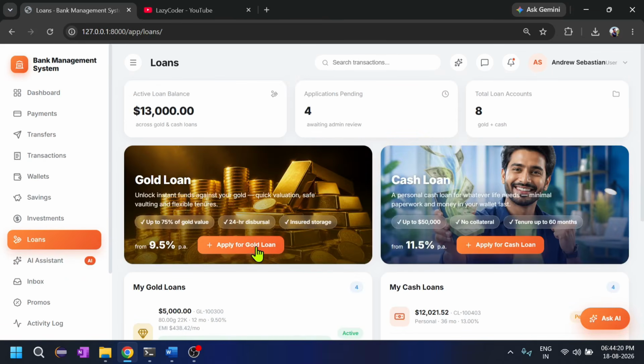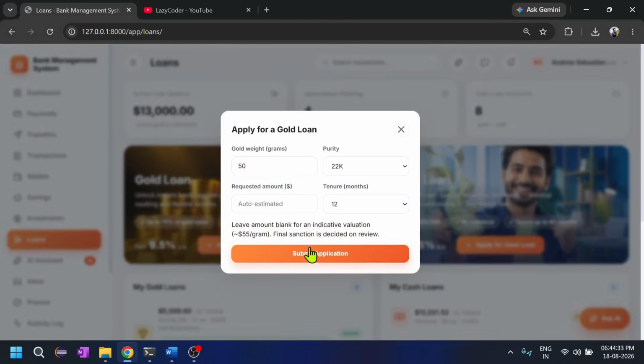Loans is there, like a proper loan management system application is also there. Active loan balance is 13,000, and pending application is 4. Total loan accounts is 8, and we can apply for a gold loan. Suppose I want to apply for a gold loan, here you can see 50 grams of loans on gold, and purity this much, and how much you want, how much tenure in months,